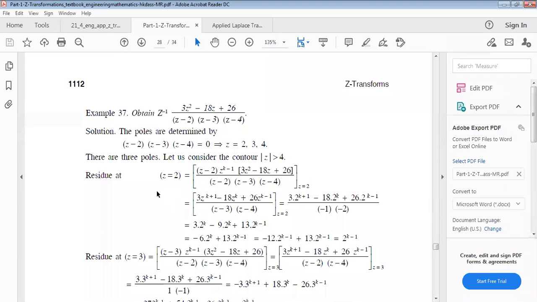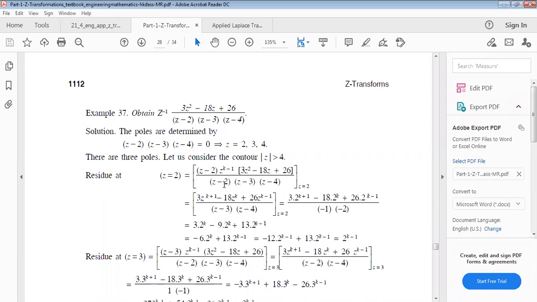Similar process for example 37, obtain the inverse transformation of this. The poles are determined by a similar process, just making the denominator 0. We get 2, 3, 4. Actually, there are three poles. We have to consider |z| greater than 4. If we consider |z| greater than 4, then the residue at z equals 2, what will